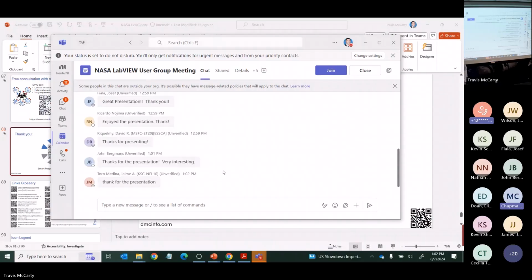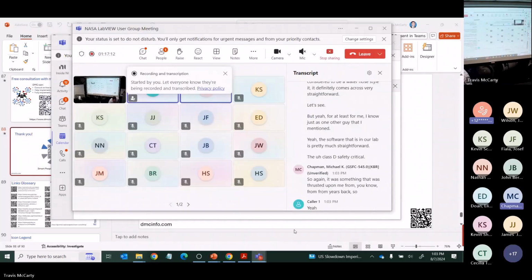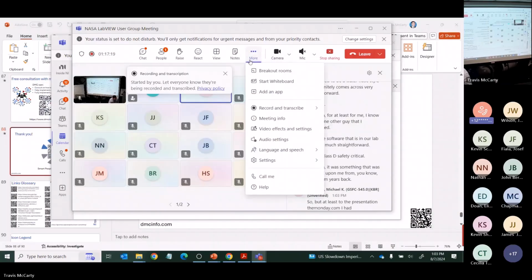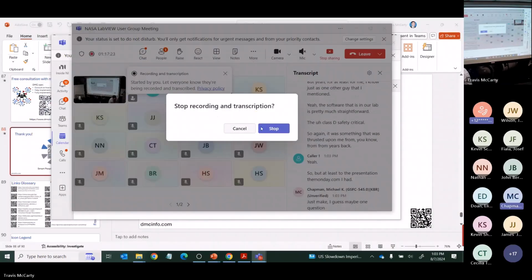Okay, great. A great presentation, definitely. As far as trying to do what is considered a water hose style, it definitely comes across very straightforward. At least for me, as one other guy had mentioned, the software that is in our lab is pretty much straightforward, the Class D safety critical. So again, it was something that was thrust upon me from years back. But at least to the presentation, the Monday.com, I guess maybe one question mainly, and it seems to be enterprise